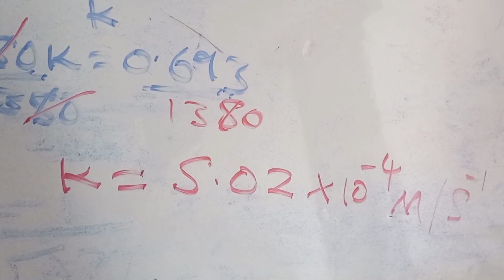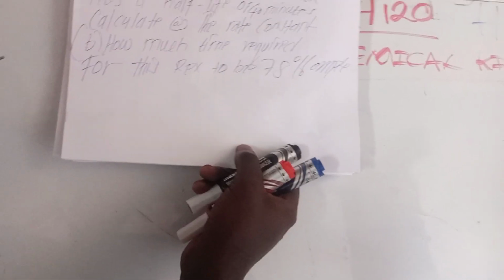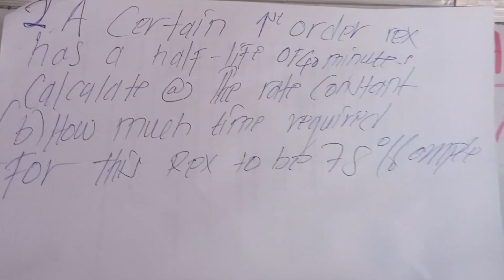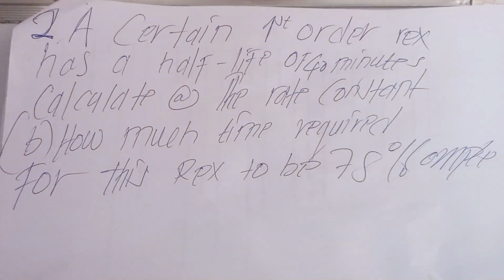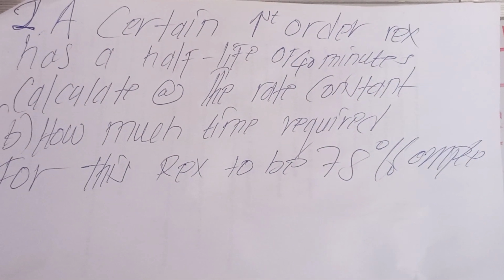So let's try to solve the next problem. We have this question under the first order reaction. A certain first order reaction has a half-life of 40 minutes. Hence, calculate the rate constant. How much time is required for this reaction to be